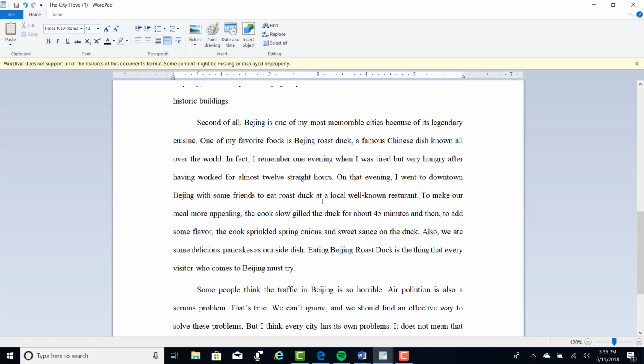To make our meal more appealing, the cook slow grilled the duck for about 45 minutes, and then, to add some flavor, the cook sprinkled spring onions and sweet sauce on the duck. Also, we ate some delicious pancakes as our side dish. Eating roast duck